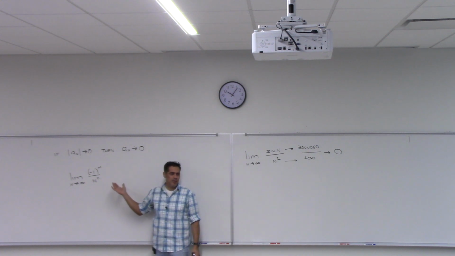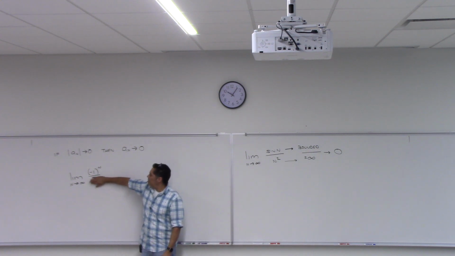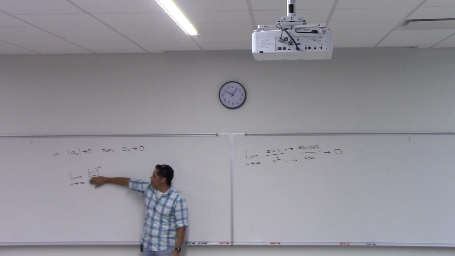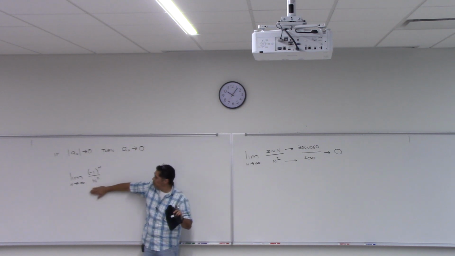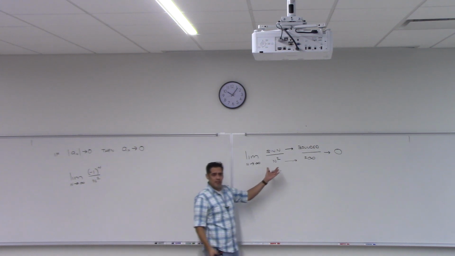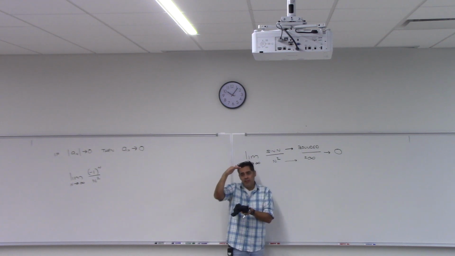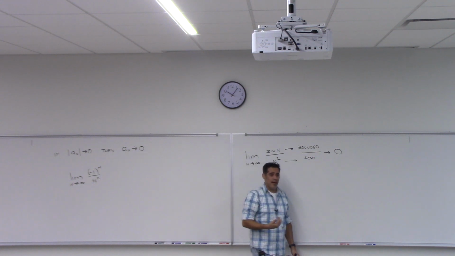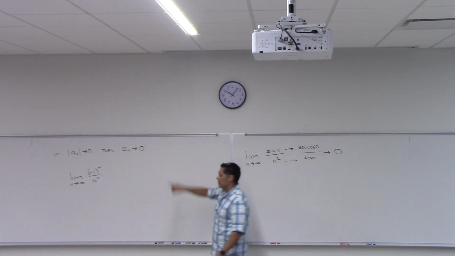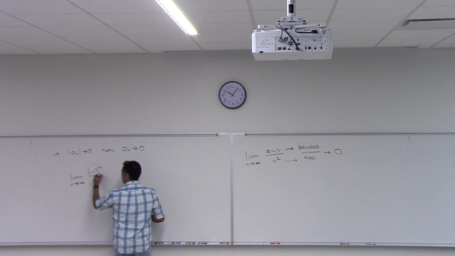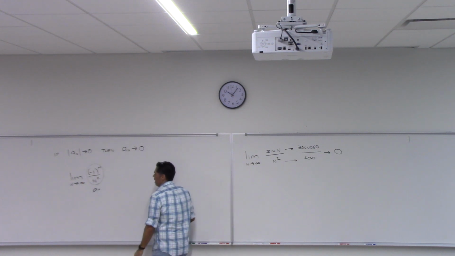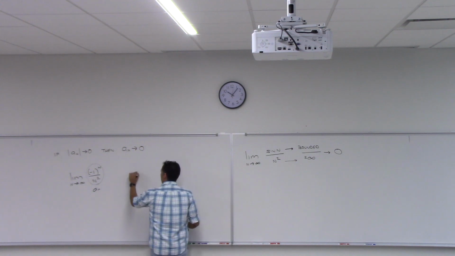There's actually another way you could do this one. Because look at the top. What can you tell me about the top? As n gets bigger, it's just going to what? Switch, right? 1, -1, 1, -1, and 1, -1. And what's the bottom do? Goes to infinity, right? So that's this, isn't it? Because the top is either 1 or -1, that's bounded, right? And then the bottom gets huge. So you could just say 0 right now. But what I'm going to do is use the theorem. So this right here, this is the a sub n, right? I want to know what happens to it. So I'm going to use the theorem, and I'm going to look at the absolute value